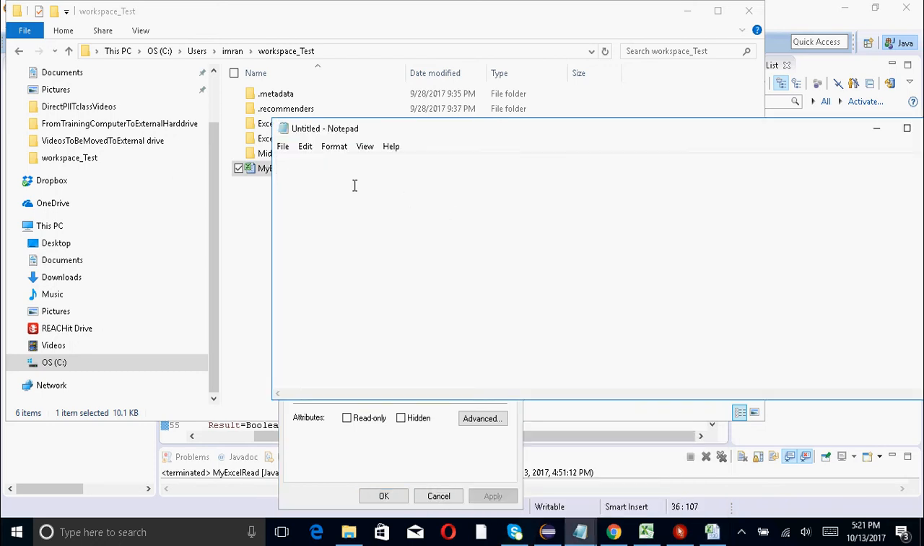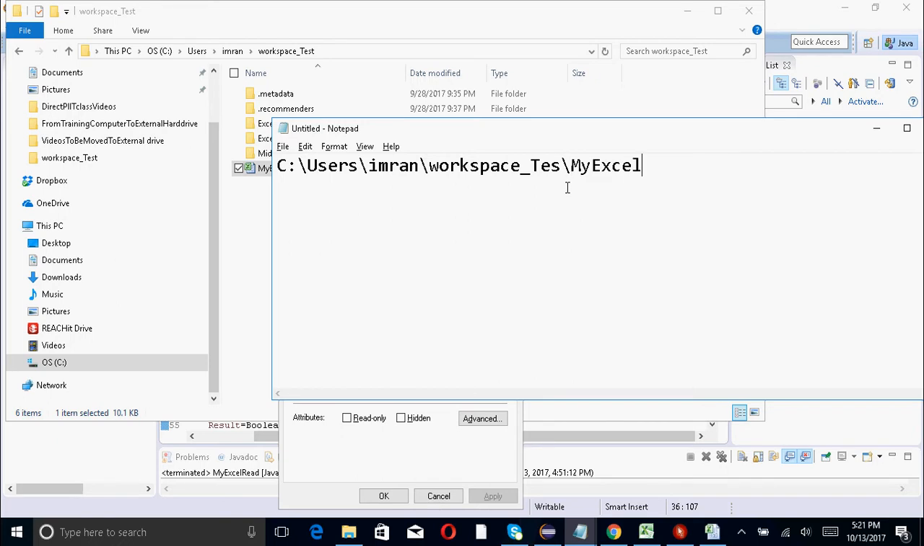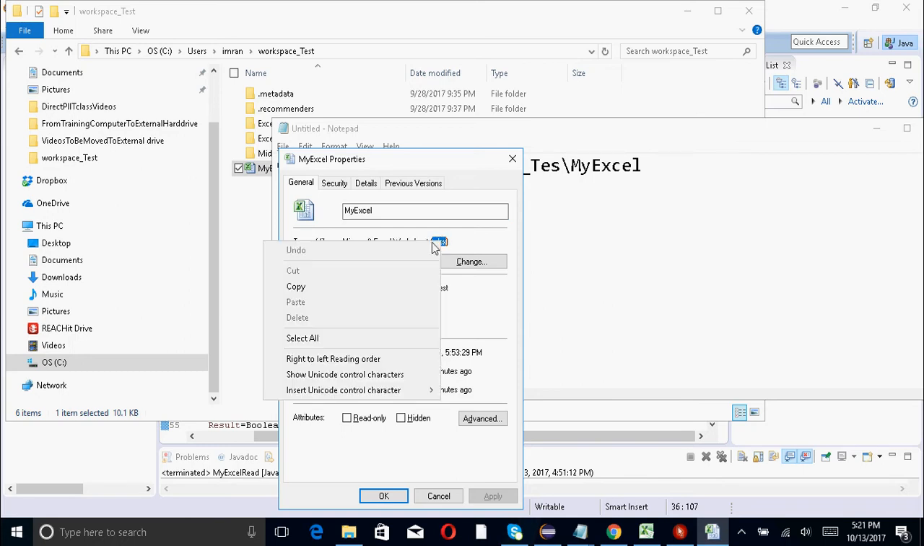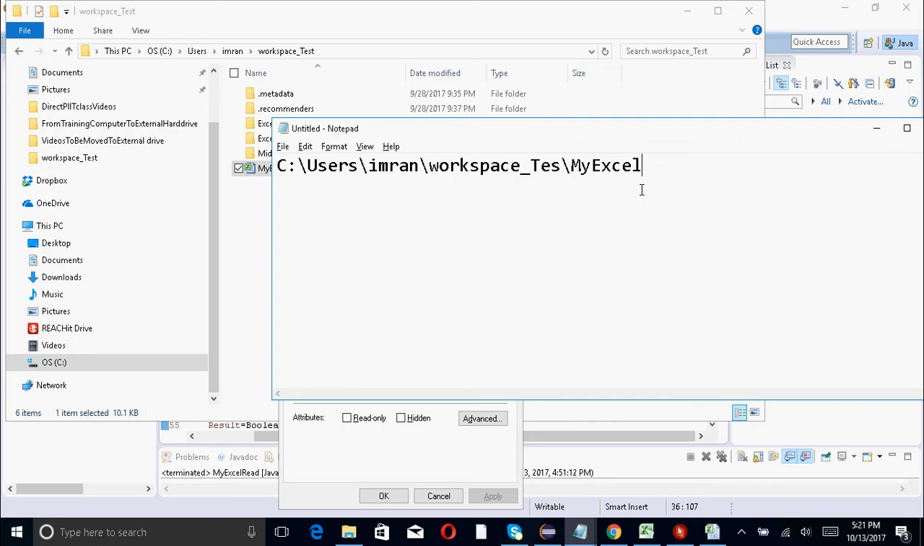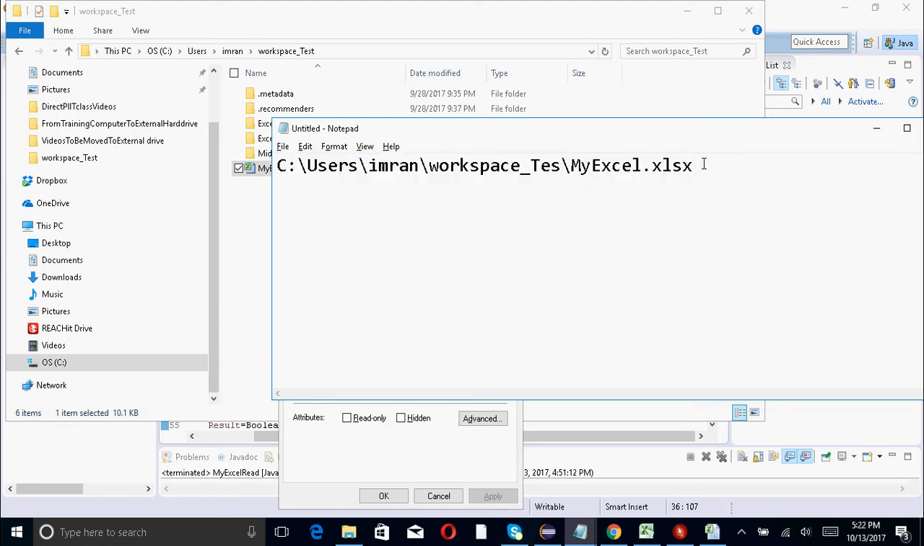and then I will paste here, Ctrl V, and I will give a backslash, and I will copy the file name. Copy. I will paste here, Ctrl V, and then I will copy the extension from here. Copy, and I will paste here. So this is the path, and I need to pass this path as a string. So I have to put double quote so that this becomes a string. So now it is a string,